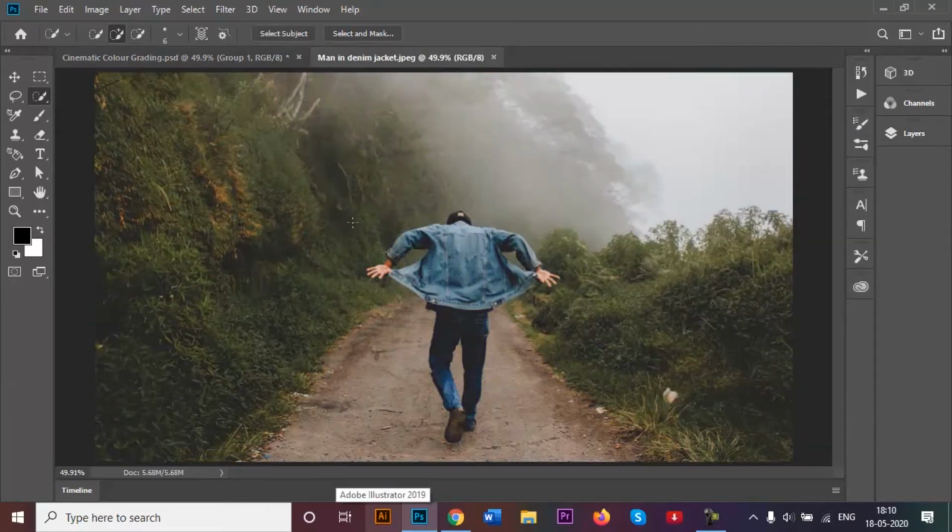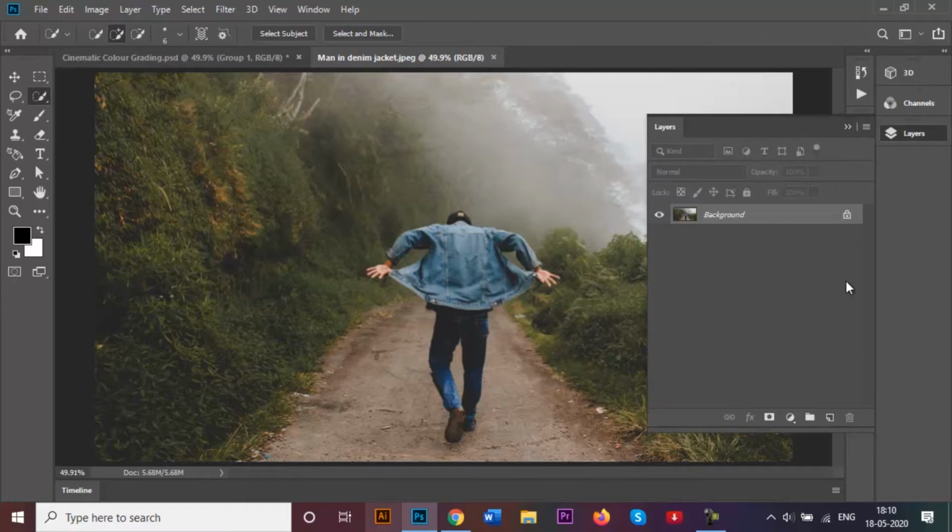So I have already opened up my image right here. It's of this man wearing a denim jacket and jeans, right? So you can use any image of your choice. It's not necessary that you use a similar kind of photo to the one I am using, right? So first things first, I'm going to come over here in my